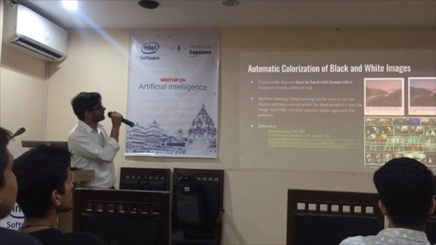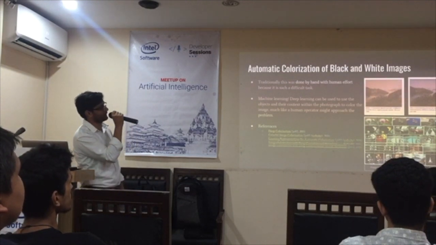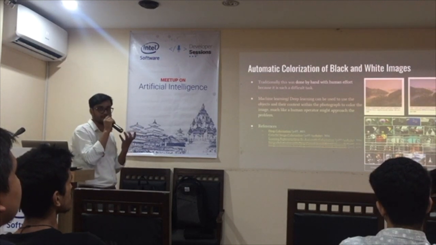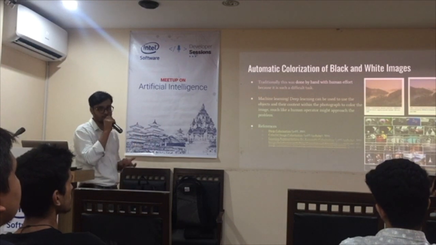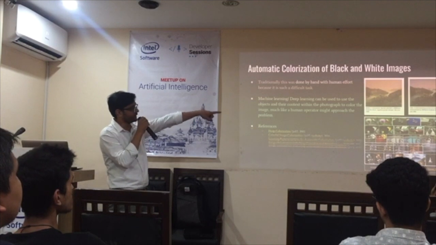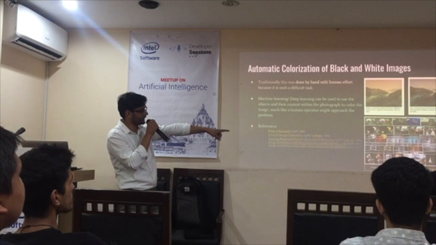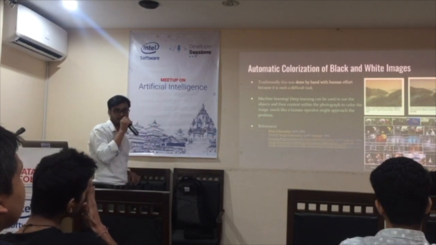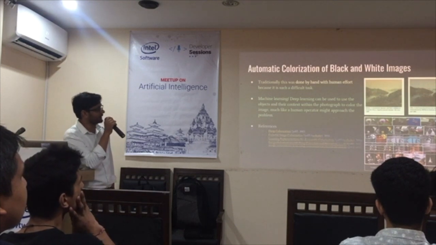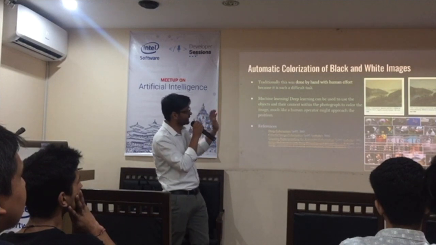The first application is automatic colorization of black and white images. The task is to color the black and white image or monochrome image. We have to color it. You can see in the first picture it is colored by hand, but in the second picture you can see this is automatically colored by deep learning algorithms. So how can it be done? This is, we can say directly, deep learning.